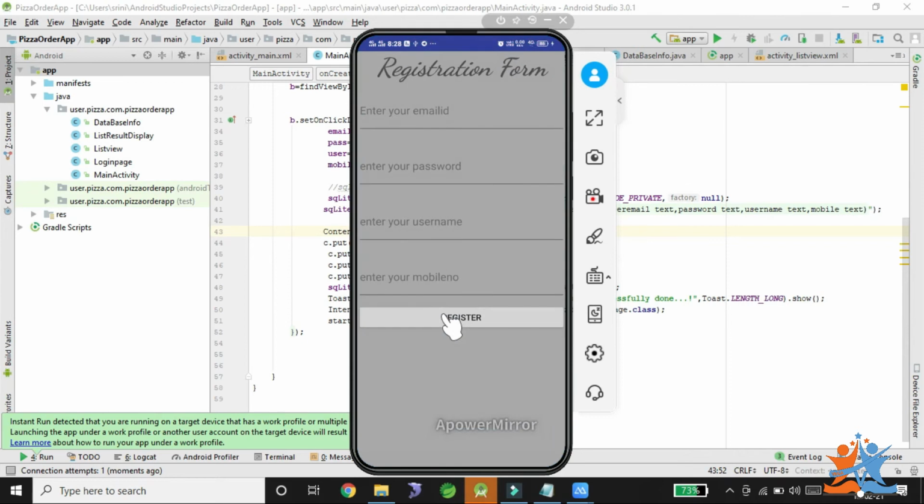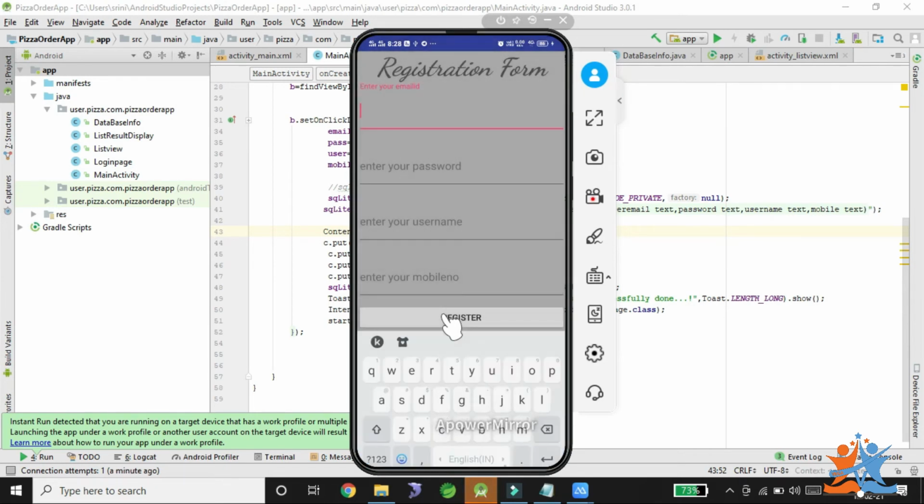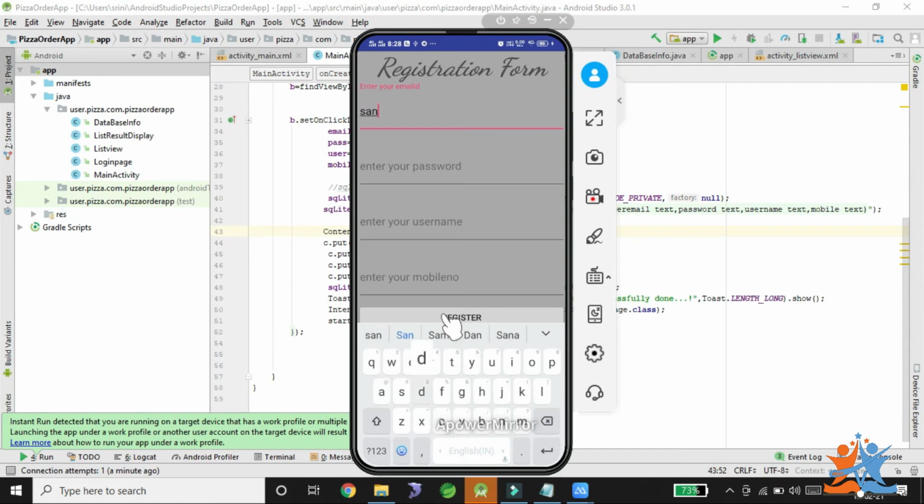So I tapped it. This is the registration page. I need to enter all the details of the registration page. For example, here I'm taking my keyboard. Okay. So Sandeep at gmail.com and enter password. So if you observe, the password is visible, so we need to disable it and make it invisible. I will show that, and Sandeep is